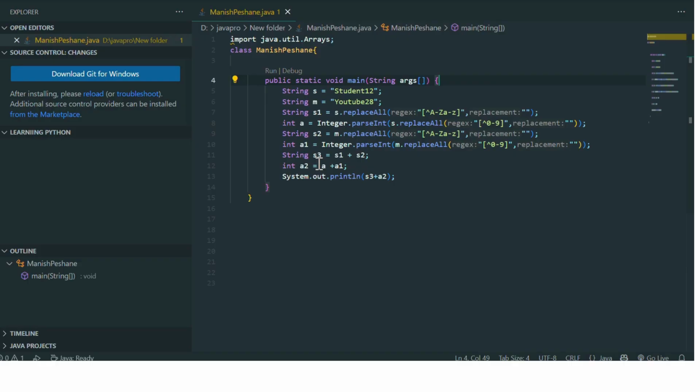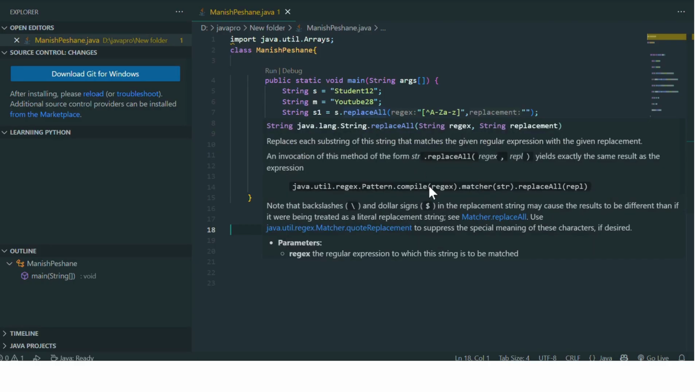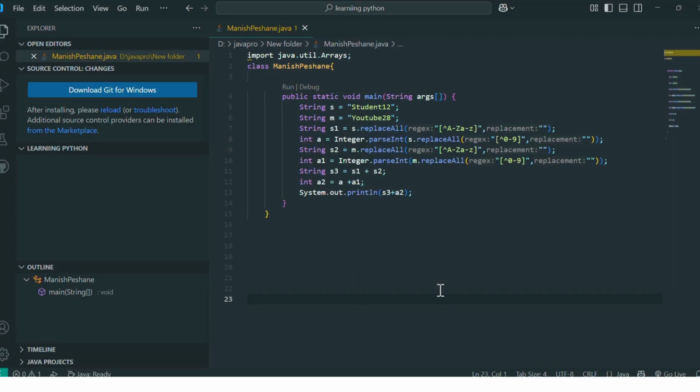Student and YouTube are stored in s3. We also store a1 and a2, the sum of our numbers, which is 40. After that we concatenate both variables. Let's see our output.